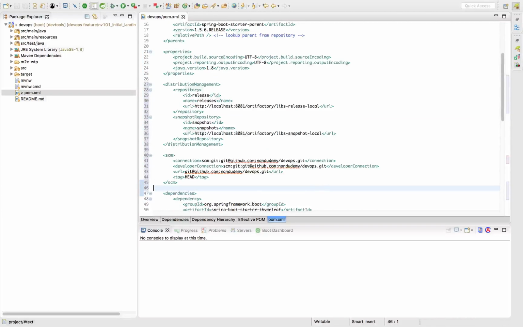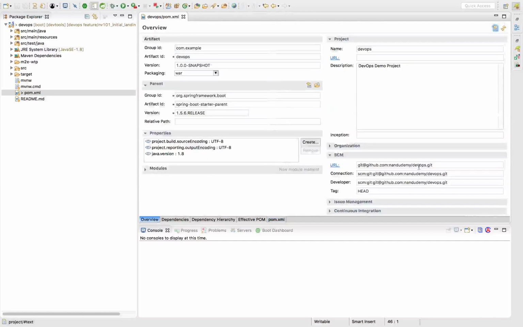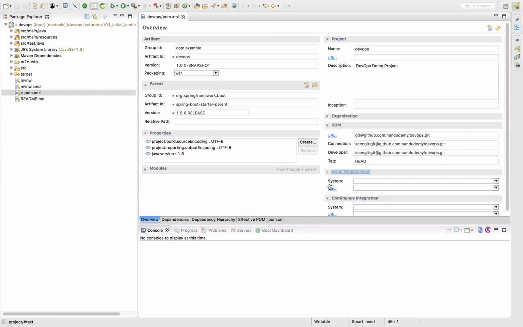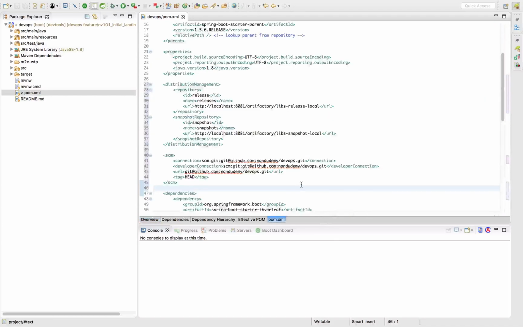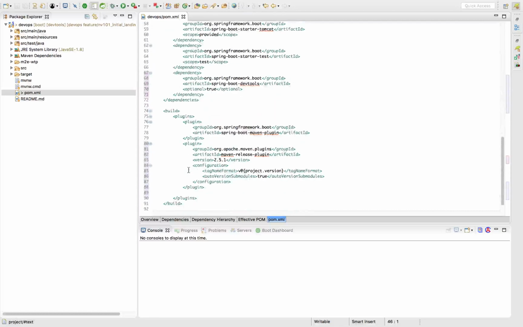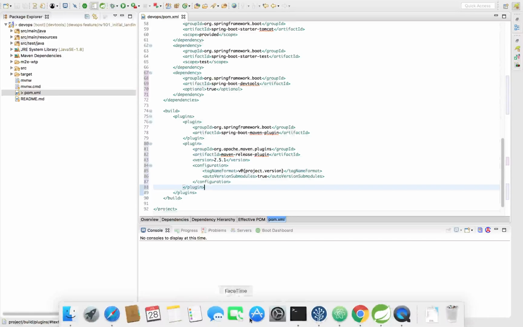So we already looked at the release, we already looked at the SCM, and if you now go to the overview section, you should see the SCM configuration. And obviously we're not doing continuous integration to Jira or any of those at this point, but it's got the SCM and it's got the distribution management, and we have the Maven release plugin. So let's go back, and here